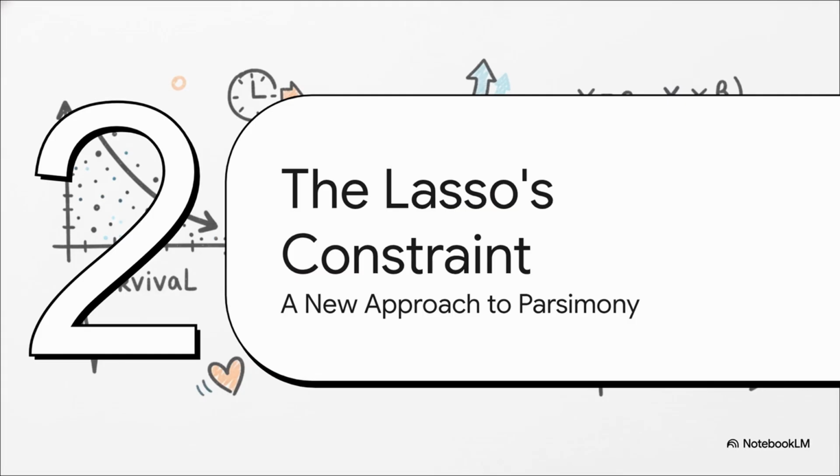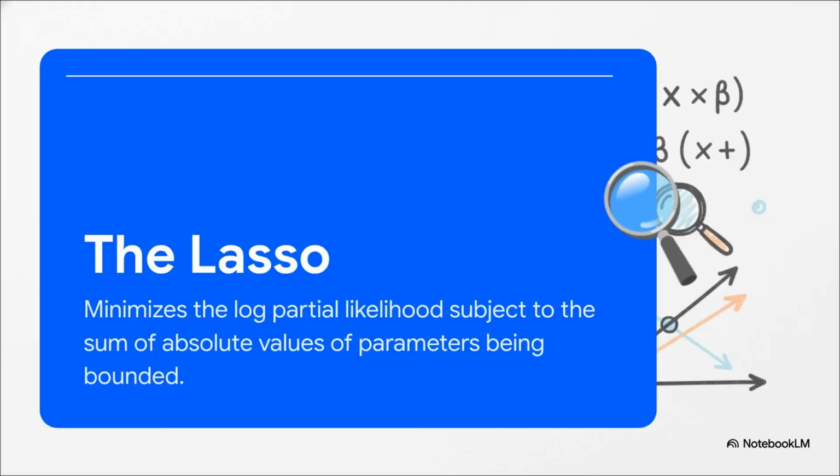And it's this really ingenious twist on that standard Cox model. It's a method designed to create what statisticians call a parsimonious model. Basically, the simplest model that still gets the job done. Now, what's so cool about this is the constraint. I want you to think of that little s as a kind of budget. The model can't just make the coefficients, the importance of each variable, as big as it wants. No, it has to spend its budget, and it has to spend it wisely on only the most important, most